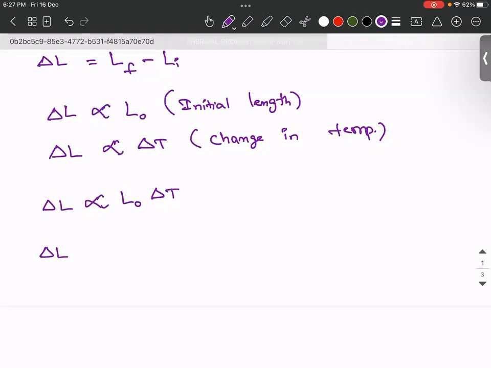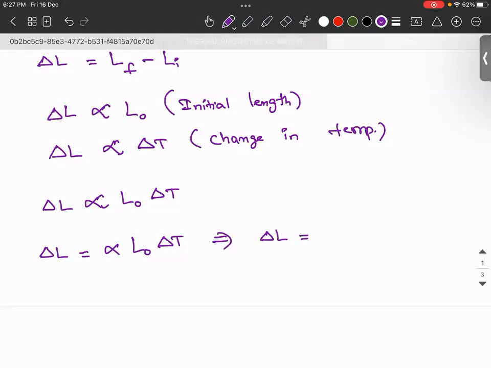Okay. Then delta L, when you remove the proportionality symbol, is observed to be equal to alpha into L naught into delta T. Okay. So delta L is equal to alpha into L naught into delta T, which implies